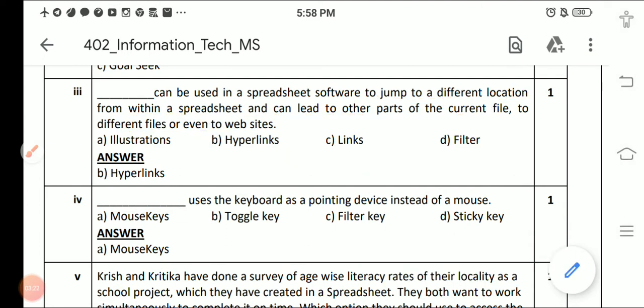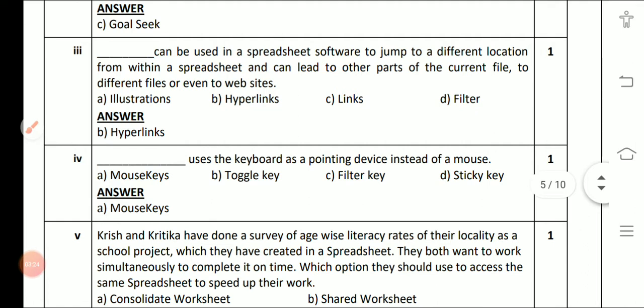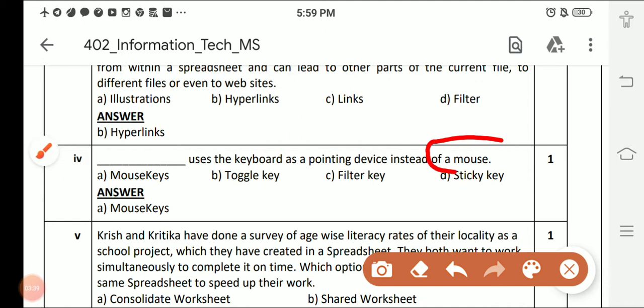Children, next question: dash uses the keyboard as a pointing device instead of a mouse. In the unit on web applications we have learned about the accessibility options. Different keys are there: sticky keys, filter keys, toggle keys, and mouse keys. If any person has a problem holding the mouse, and is not able to press the right or left click properly, what is the correct answer for them?